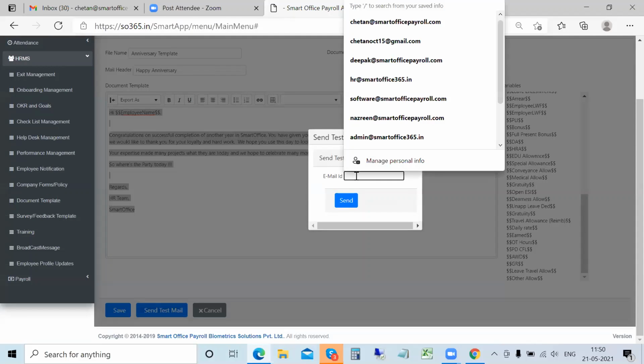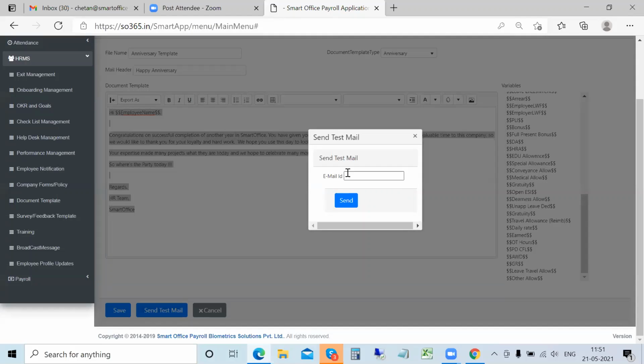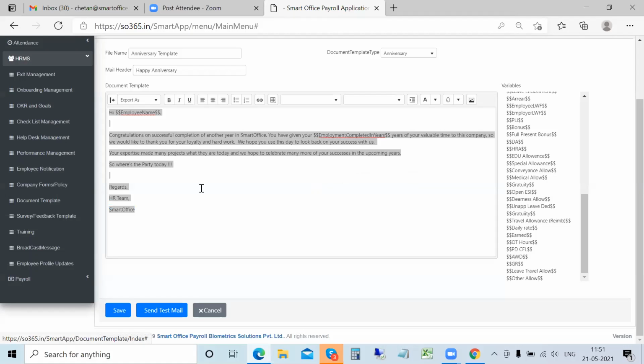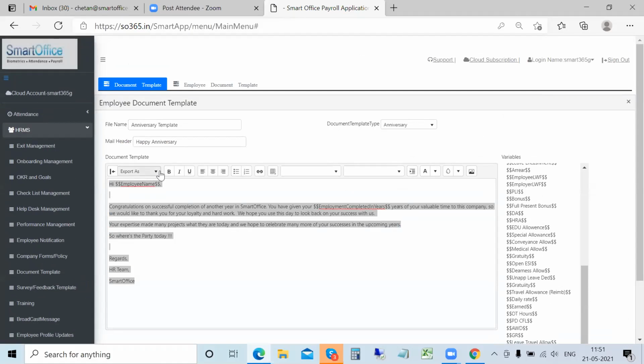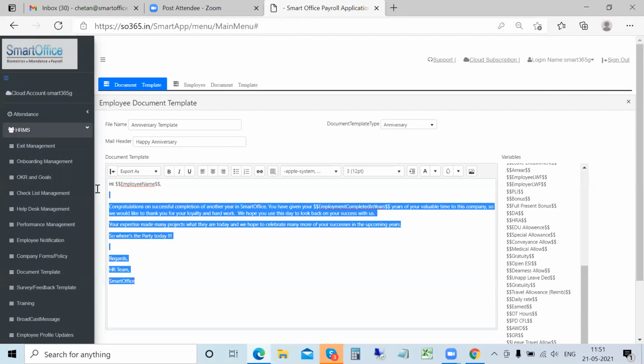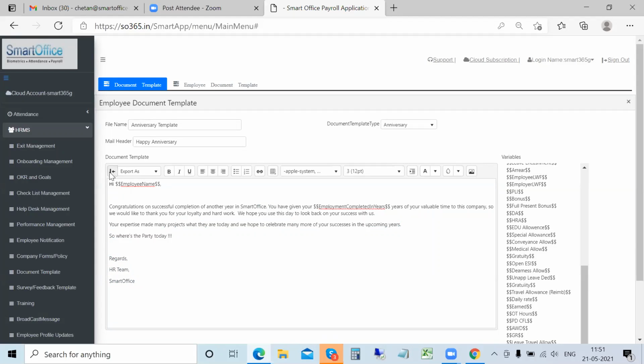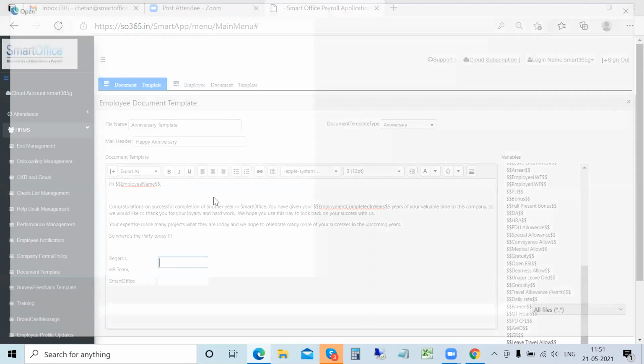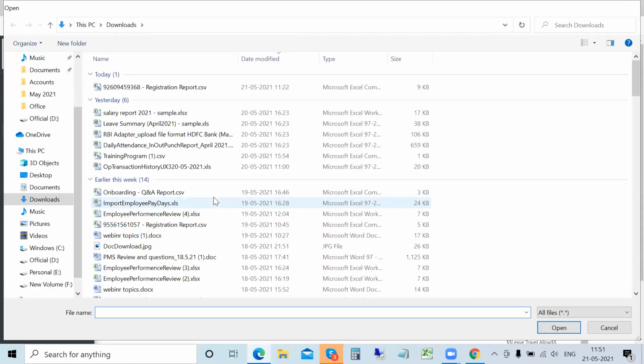When you're sending a test email, you can give your own ID or any ID, and then send the test email. So you will get a mail and you'll be able to see how the email draft looks. And if you want to make any changes, you can always make those relevant changes. As you see, there are the formatting options available. You have an Excel kind of matrix available here, table kind of matrix available here. You can import any of the specific formats if you have any formats that you want to import in terms